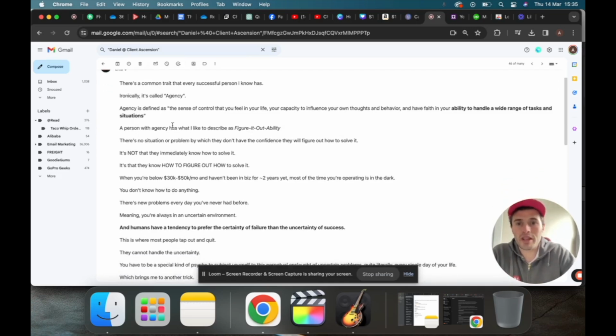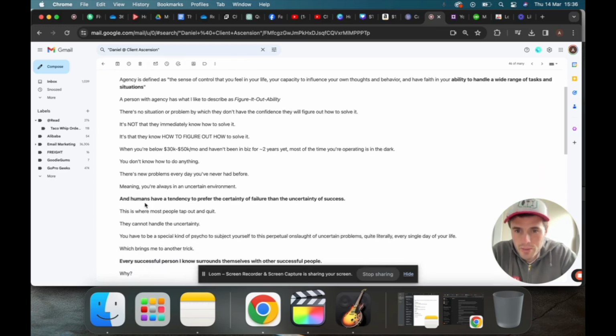"A person with agency has what I like to describe as figure it out ability. There's no situation or problem by which they don't have the confidence they will figure out how to solve it. It's not that they immediately know how to solve it, it's that they know how to figure out how to solve it. When you're below 30 to 50k a month and haven't been in business for more than 2 years, most of the time you're operating in the dark. You don't know how to do anything. There's new problems every day,